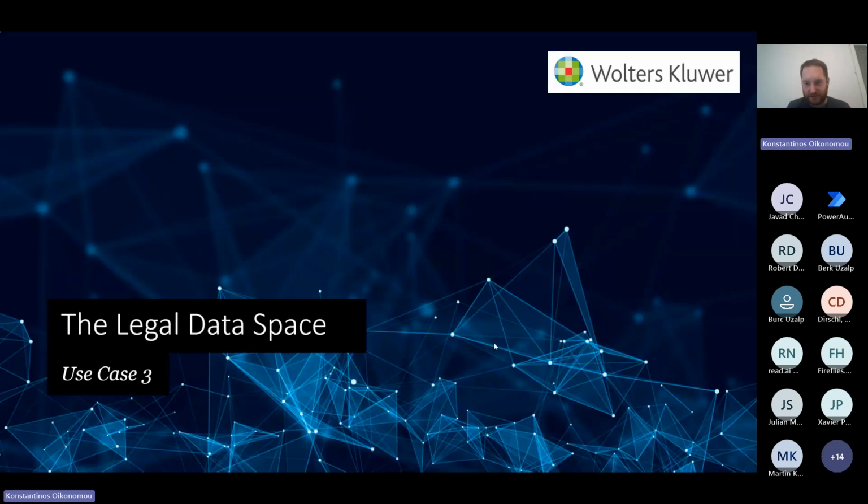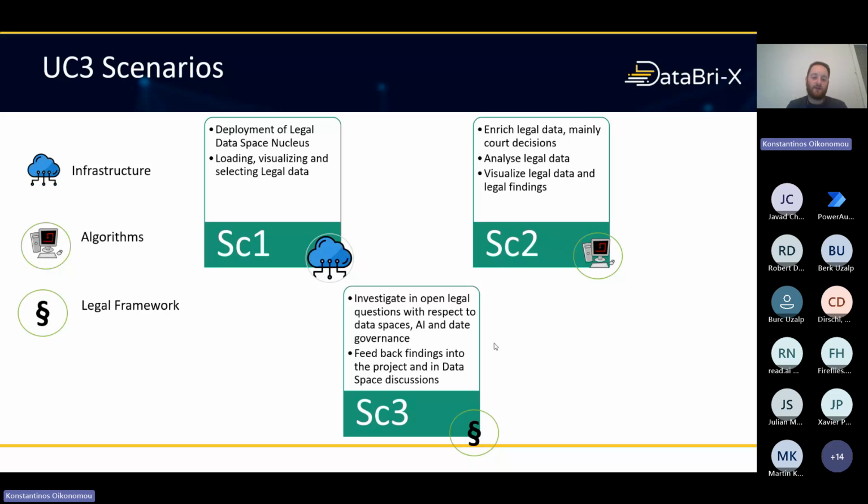I'm trying to be as quick as possible here, so let's move on to use case 3, the legal use case. This is developed by Wolters Kluwer. And the main idea here for all 3 scenarios you see here is that our partners from Wolters Kluwer want to give more value to the legal data, and they want to enrich legal data like court decisions,